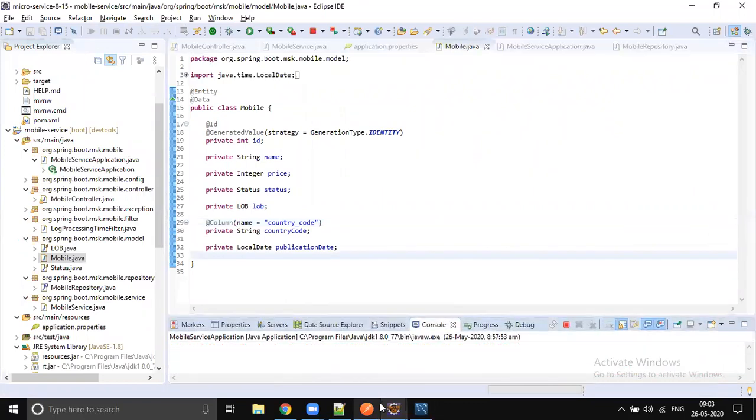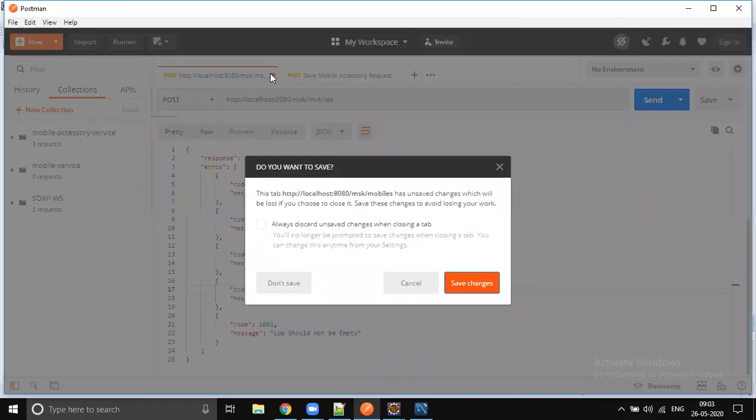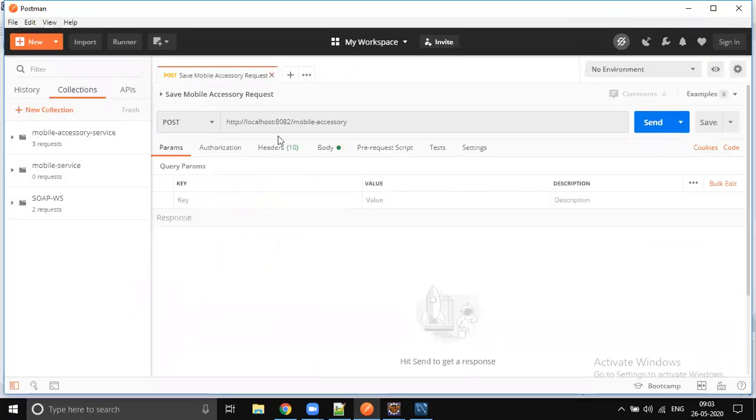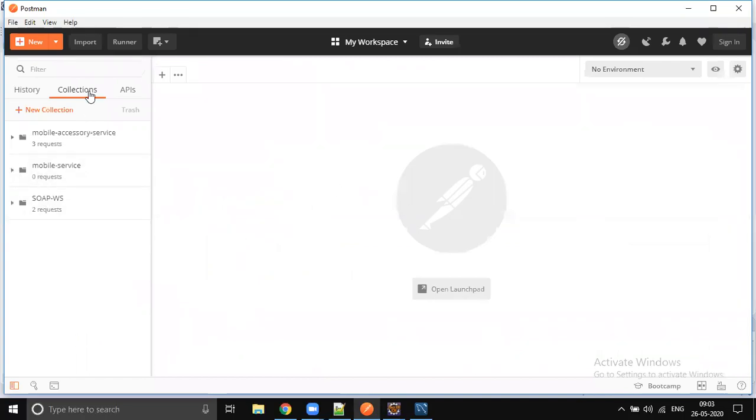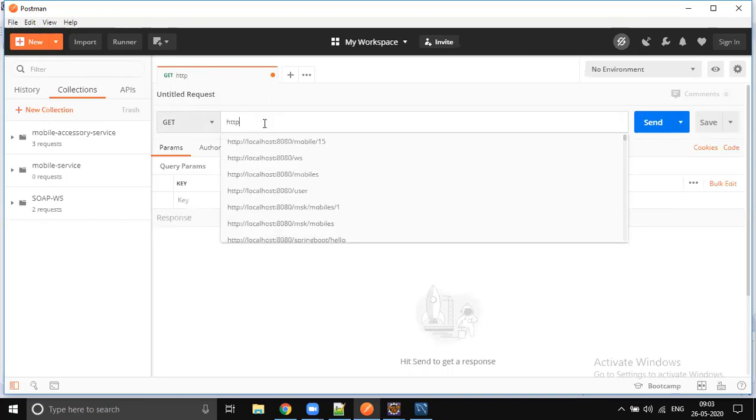Now let's go to Postman and try to save the data. Let's close all these requests and open a new request. It's going to be HTTP localhost 8080 MSK mobiles.